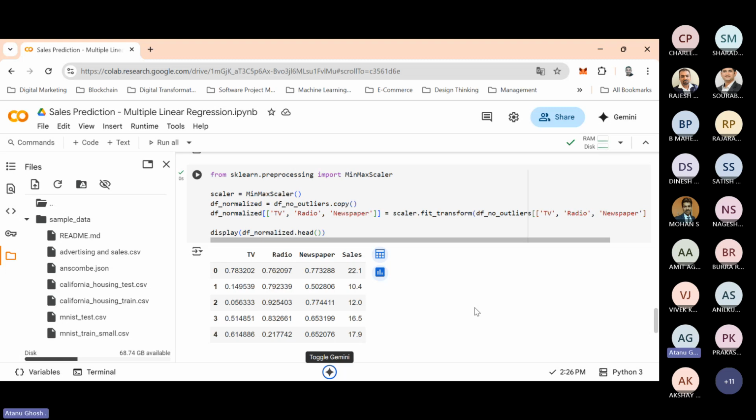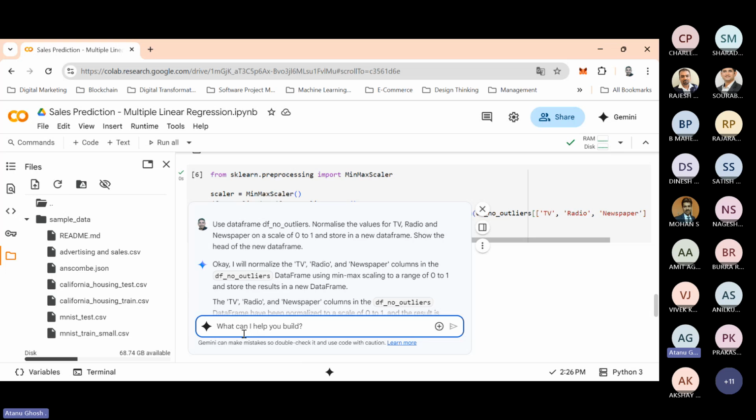We are now ready to build the model, right? So what is the next step? Should not be too difficult. Regression? No, before doing the regression, what should you do? Scatter plot. Scatter plot, we can do that, let's do that. But that's not going to provide any input for our model. It's just going to give you some